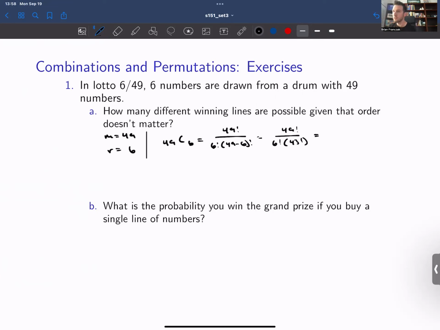So we can do a little bit of reduction here. It doesn't matter all that much, again, because most of our calculators will be able to handle this. But this is going to reduce to 49 times 48 times 47 times 46 times 45 times 44, divided by 6 times 5 times 4 times 3 times 2 times 1. And in the end, the thing that we're really looking for is just the number of outcomes. So that means that there are